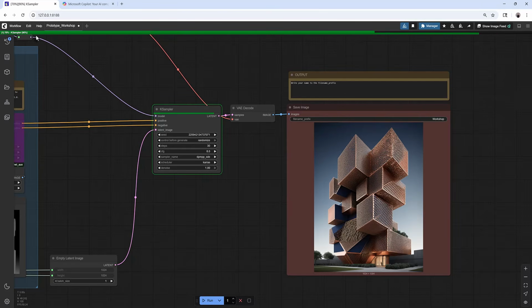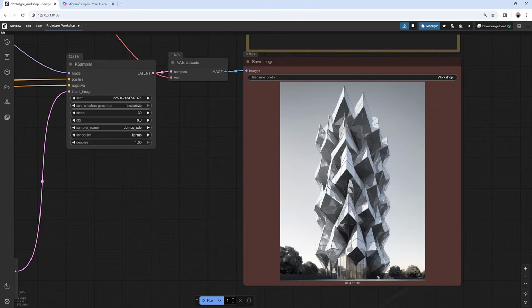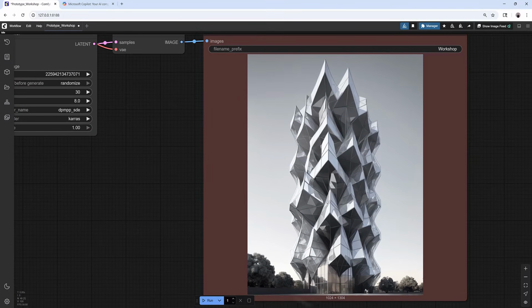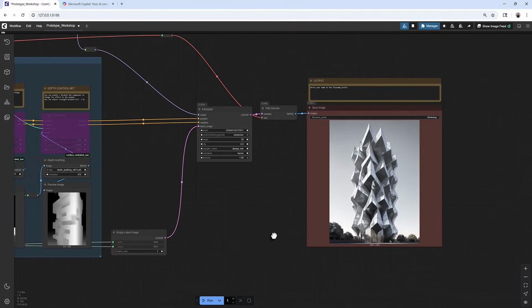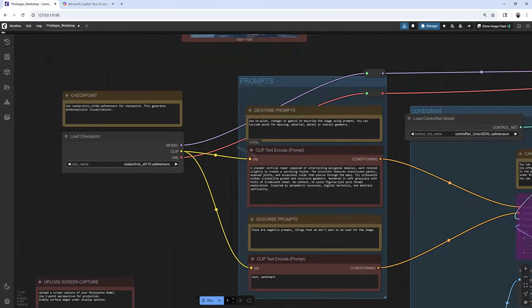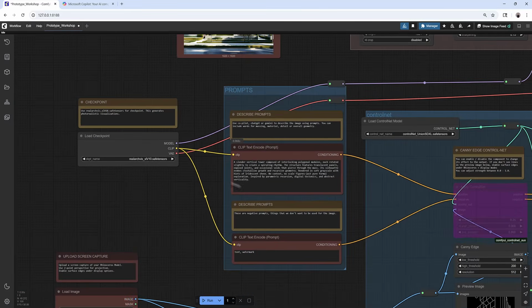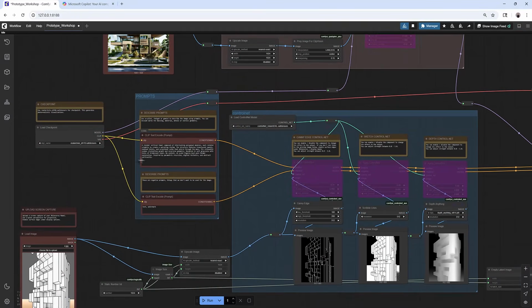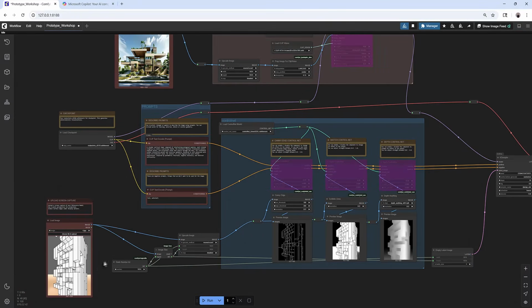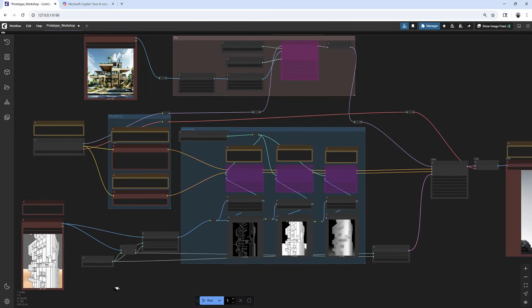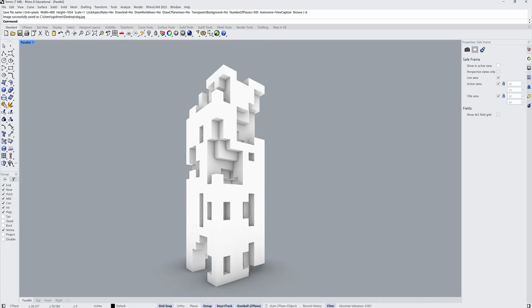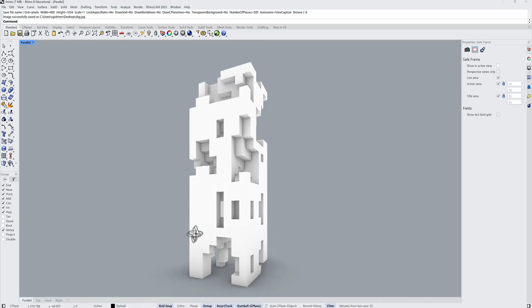So let's see, it takes a few seconds, and then we'll be getting a conceptual image of a building. So obviously this is very generic because we are only using text, but for more advanced control, we can actually use Rhino view captures as well. So let's look at how to use those. So if you go to your Rhino interface, this is my